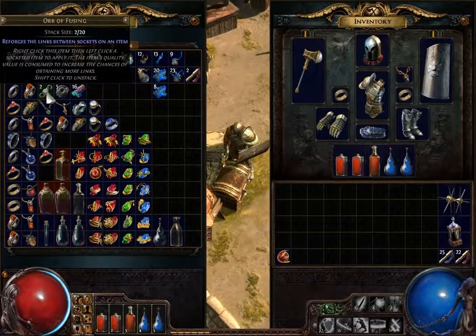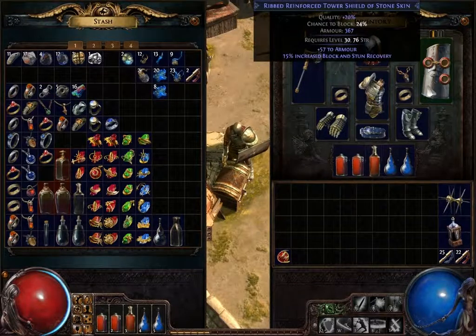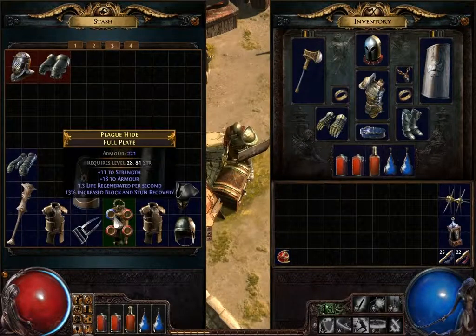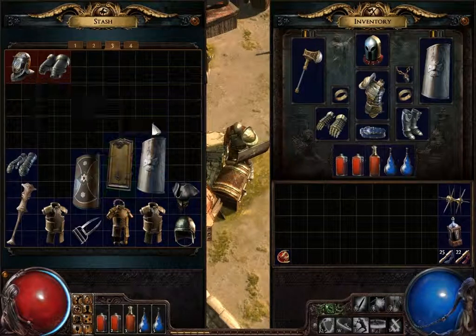You can't plan this. It reforges the links between sockets. I tried doing that with this shield actually to link all 3 of them together. Was it the shield or was it something else? I can't remember what it was, but it just broke the links around instead of doing what I wanted it to do. I think it was with this armor, because I wanted to link all 3 of the reds together, and it linked this one. I used it again, and then it took the link away. And so it's very,